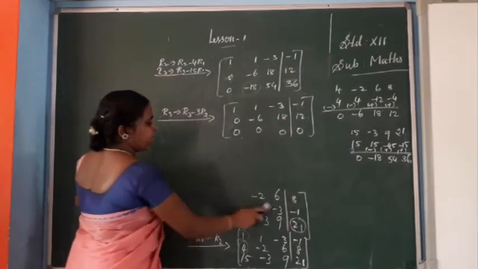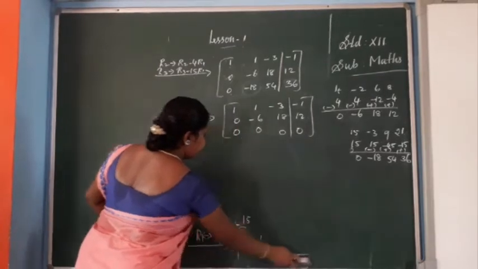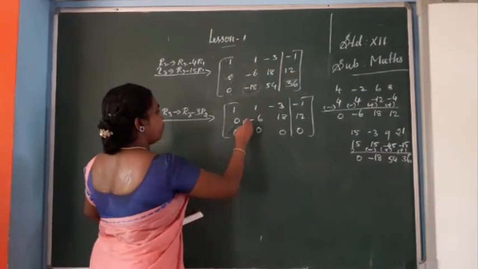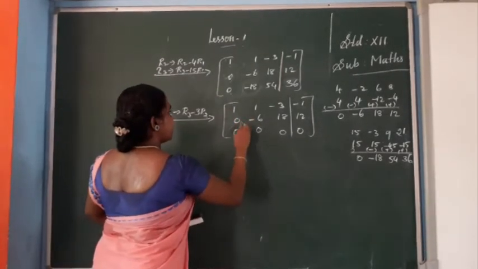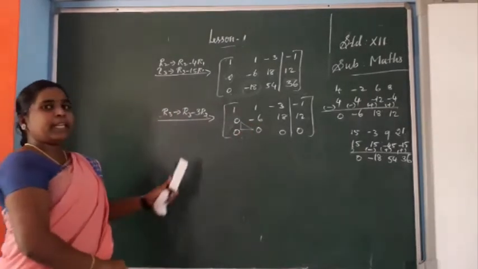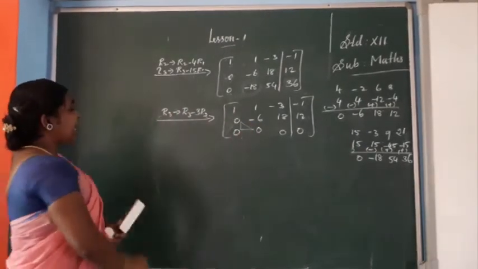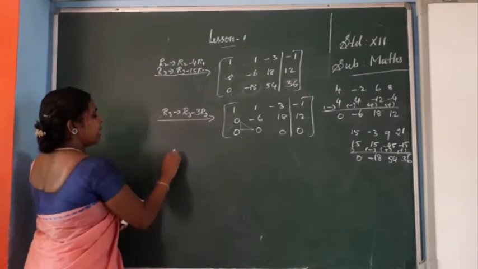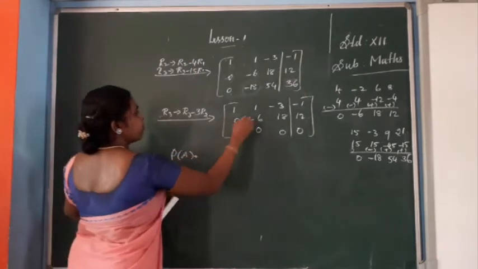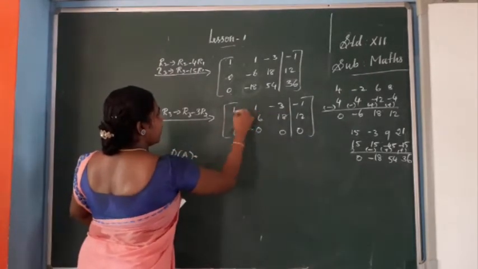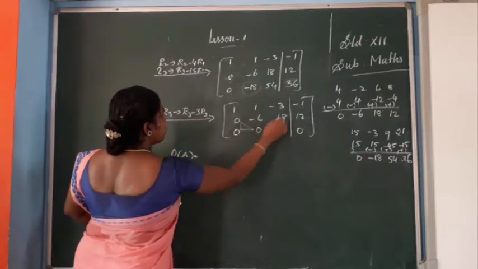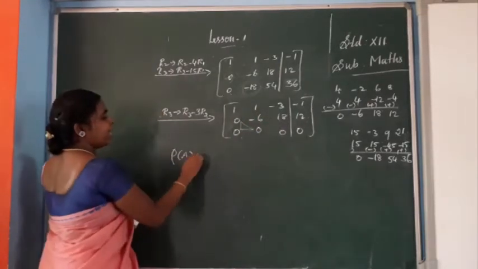Okay. Now you see the rank. So actually this is echelon form. We have converted into echelon form, isn't it? So after changing into echelon form, you want to find the rank. So rank of A. You see the rank of A. So first 3 columns, 1, 2, 3. Here the number of non-zero rows: 1, 2. This row is fully 0. So rank of A is 2.